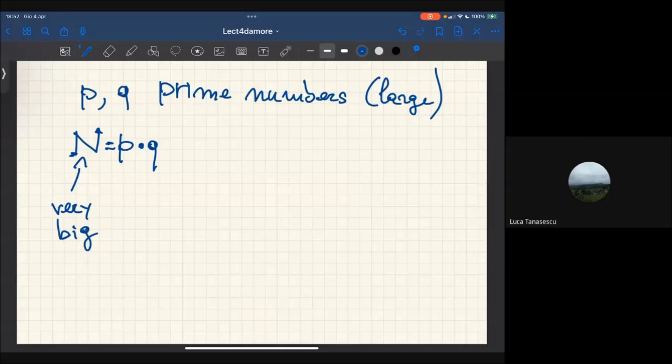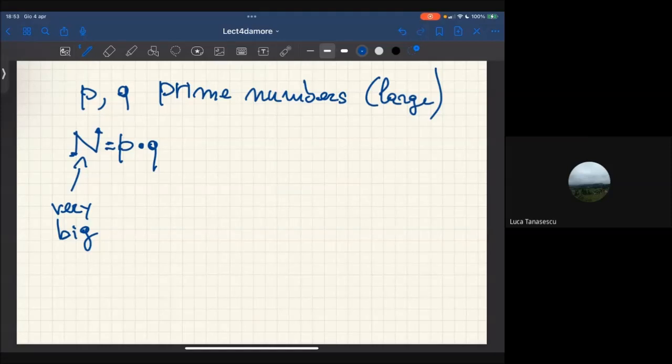And if we analyze the number N, and we ask to know the primes P and Q that are defining N by means of the product,